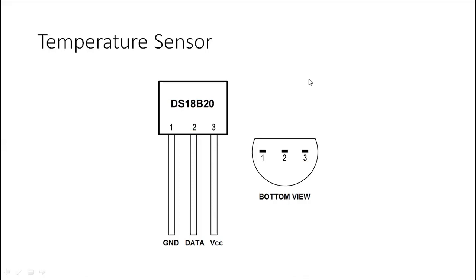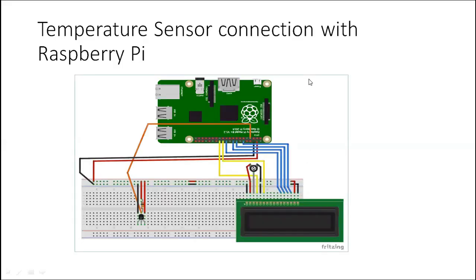In the next slide, we have shown how to connect the temperature sensor with the Raspberry Pi. So here, along with the temperature sensor, they even used an LCD display. Anyhow, the LCD display is not in the syllabus. We are not going to worry about the LCD display connection here. Now we are just taking the temperature. You can just observe the temperature sensor.